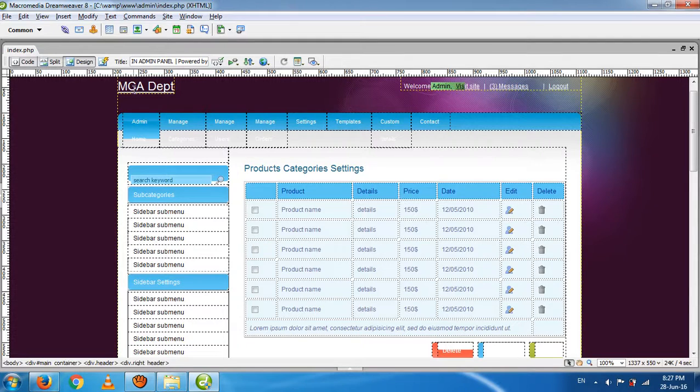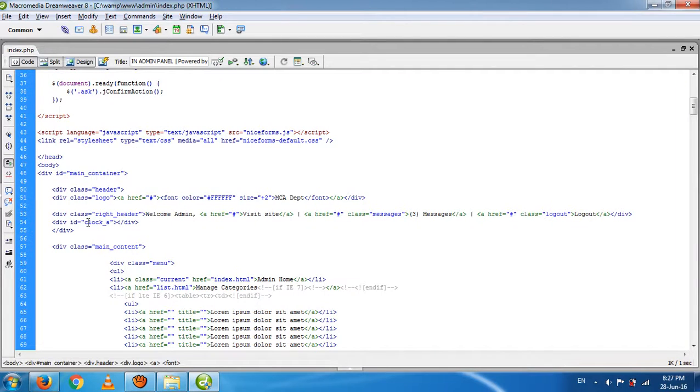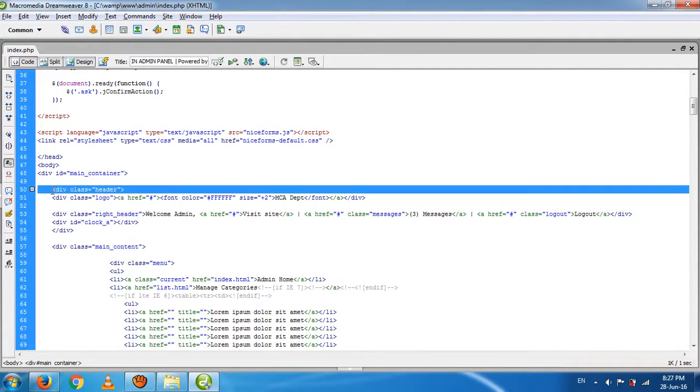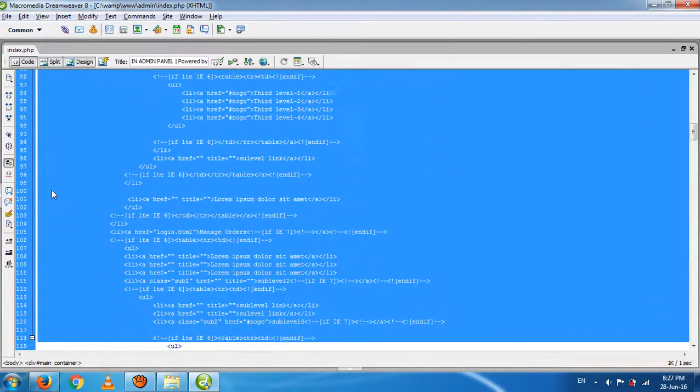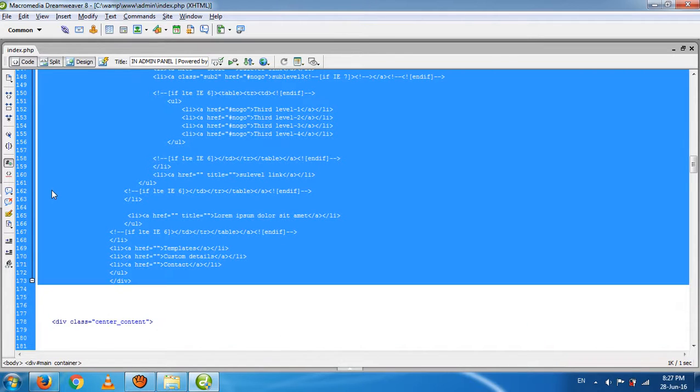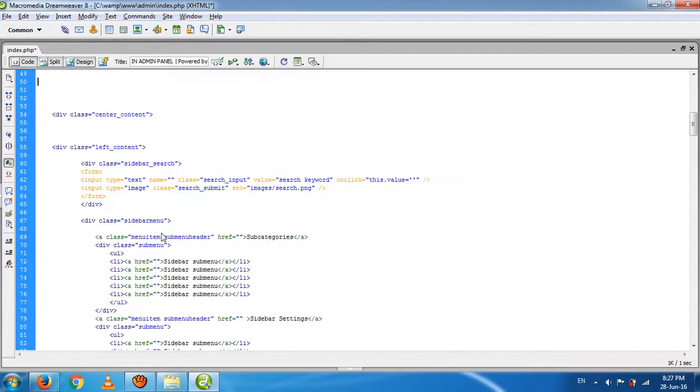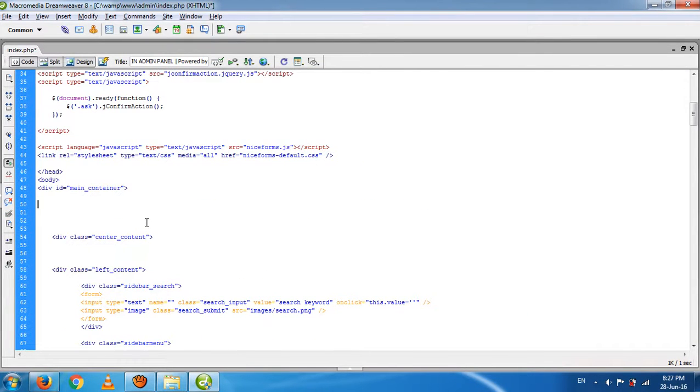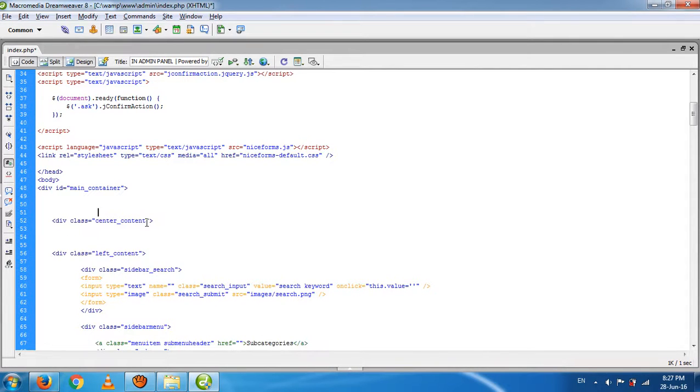Here I create the first partition, which is called the header. The last thing is the contact and the first thing is the MCA. Here I think the main content starts from the header, and what is the last thing? I think it is the contact, and cut it. Is it clear? I cut the portion of the header from the main code.